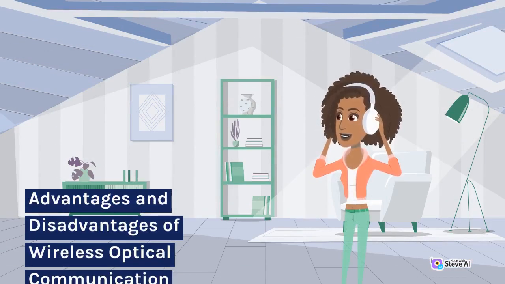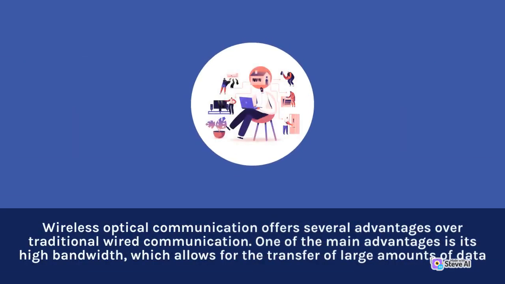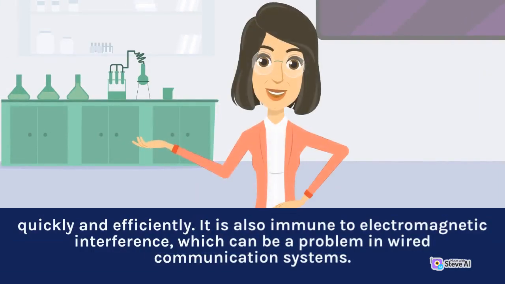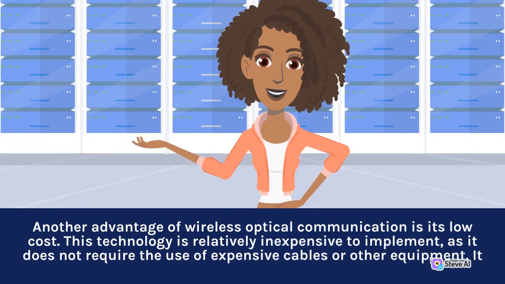Advantages and disadvantages of wireless optical communication. Wireless optical communication offers several advantages over traditional wired communication. One of the main advantages is its high bandwidth, which allows for the transfer of large amounts of data quickly and efficiently. It is also immune to electromagnetic interference, which can be a problem in wired communication systems. Another advantage of wireless optical communication is its low cost. This technology is relatively inexpensive to implement, as it does not require the use of expensive cables or